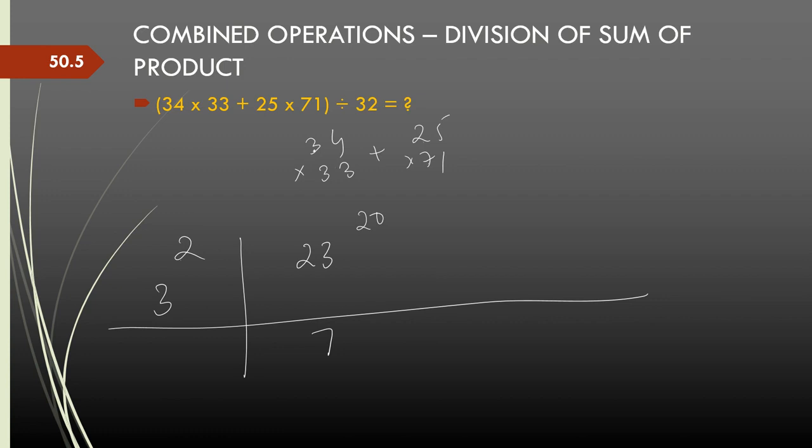But first let's calculate the sum of the middle parts of the products. That is 3 threes are 9 plus 12, that is 21, and then 2 ones are 2 plus 35, that is 37. So this gives me 58. There is 58 here, and then there is an adjustment of 7 twos are 14. So that is 64. Now 64 divided by 3 is 21 times, 63, 1 carried forward, and the units part of the sum of products is 4 threes are 12 plus 5, 17, and the adjustment is 2 into 21, that's minus 42.